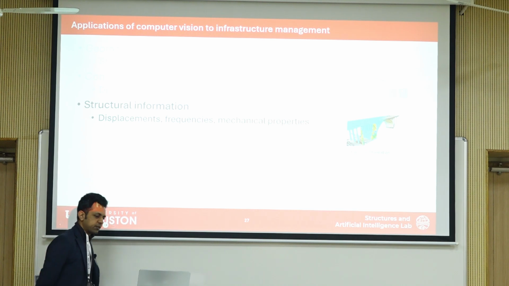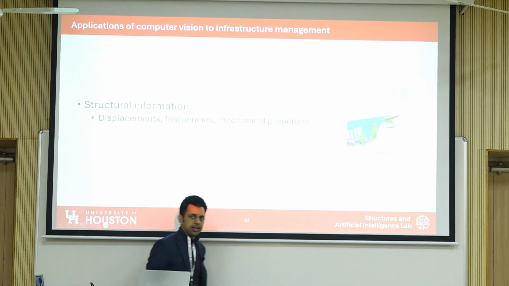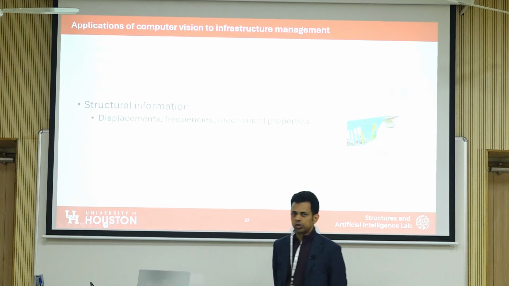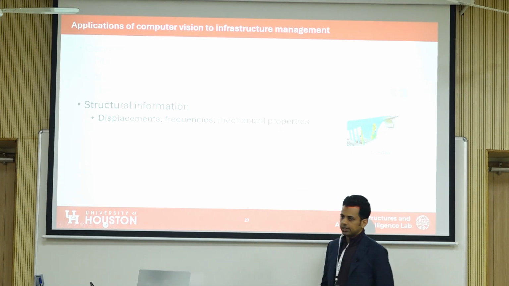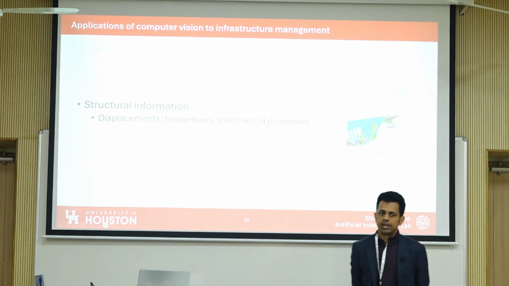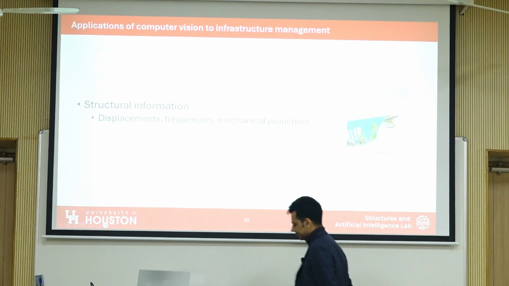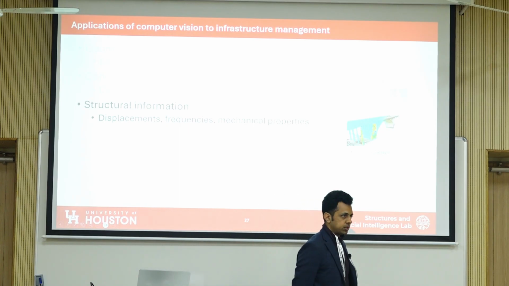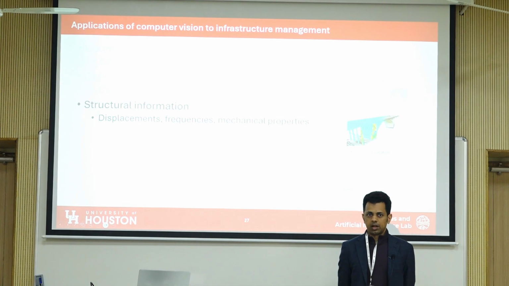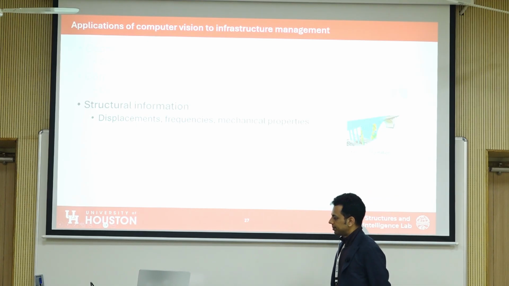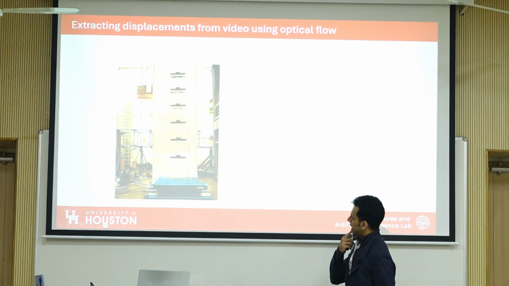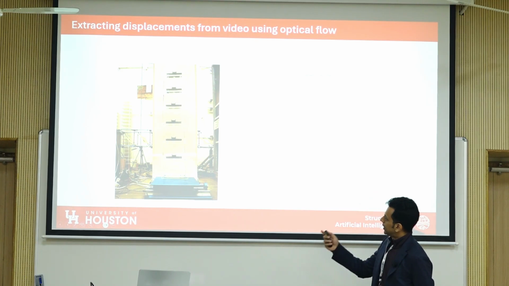Now, there are different kinds of structural information that you can extract using computer vision. These include, but are not limited to, displacements, natural frequencies, mode shapes, material properties, and so on and so forth. Anything that has visual cues, you can potentially measure. So I'll show you a lab experiment that I did many years ago at the University of Illinois. That's a shake table